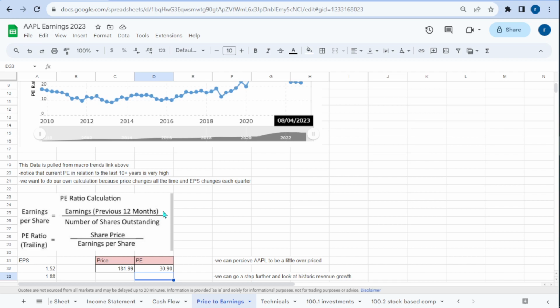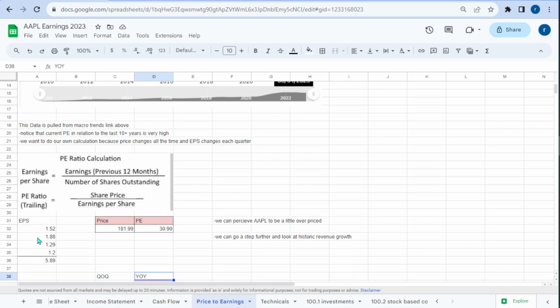So let me just show you this earnings per share calculation. We do something called a trailing 12 months. That means the most recent 4 quarters of earnings per share. The most recent one was $1.52, followed by $1.88, $1.29, and $1.20. Now we want to use diluted earnings per share because that's a little bit more conservative. It's considering the potential of dilution in the number of shares outstanding calculation. So when we're adding 4 quarters,